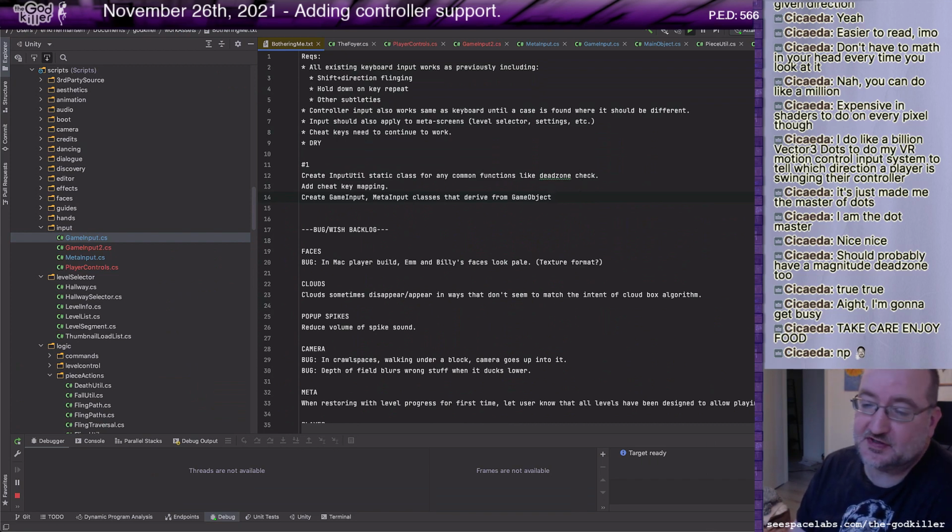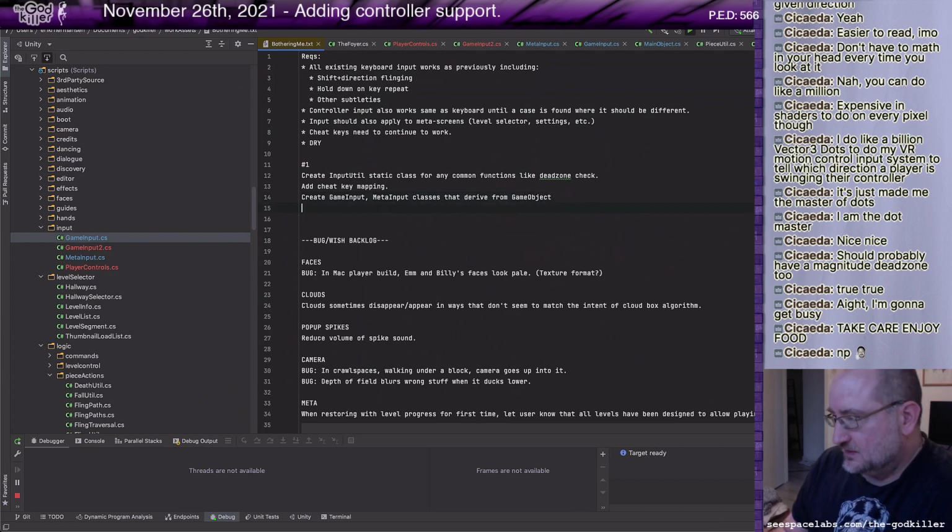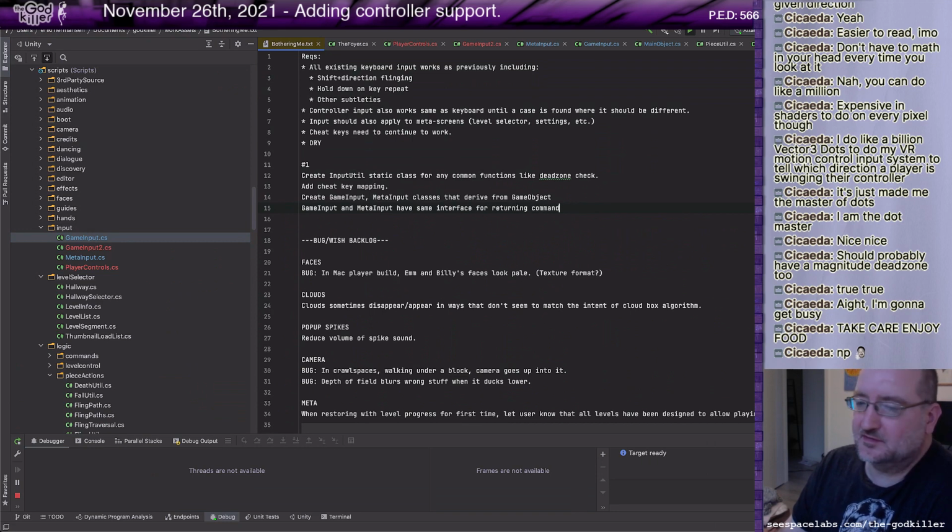I'm not a fan of using game object unless I truly need it. I prefer to initialize classes explicitly, call code explicitly, like update methods and stuff like that. Game input, meta input, have the same interface for returning command.